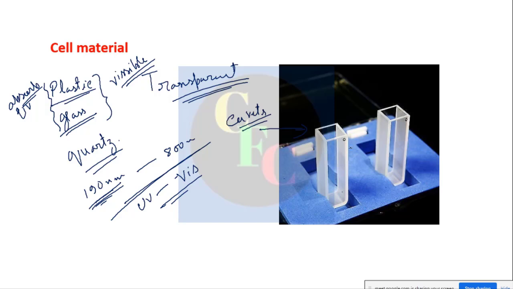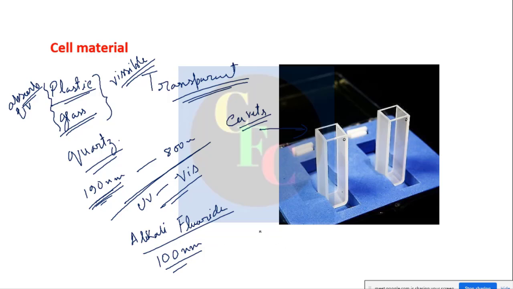Below this, if you want to see whether your compound is absorbing or not, quartz is not suitable. For below this you need alkali fluorides like lithium fluoride, potassium fluoride, right? The cell should be made up of those fluorides, then only you can measure below this, because they have a cutoff near 100 nanometer. They do not absorb above 100 nanometer. That's why you need that.